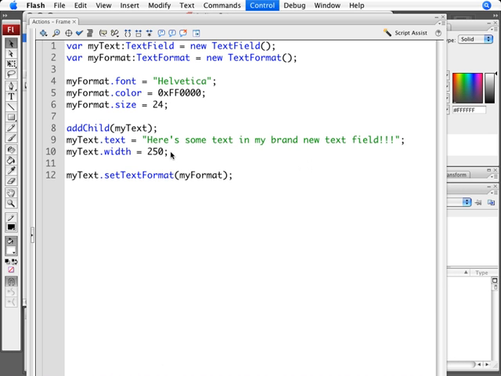And then we have a few different ways to fix this. We can modify the width and make it wider, but the most effective way to do this would be to set an autoSize property of the text field so that the text field will size depending on the text that's in it. So I'm going to line 10 where I define the width of my text field, and I'm going to erase .width and equals 250. And I'm going to replace that with